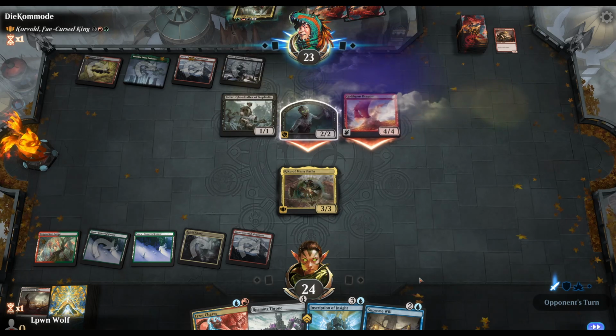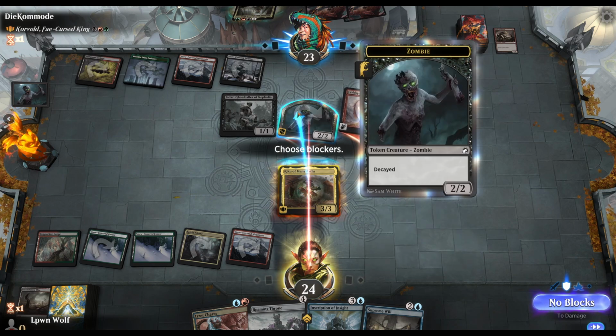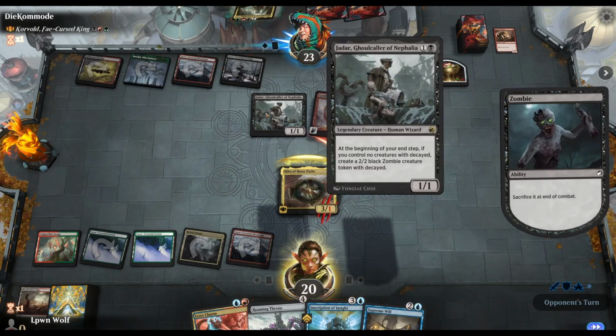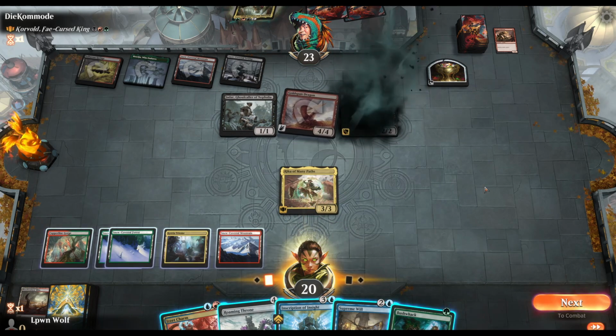But, as I said, we can bounce it back with the inscription. We'll see. Why did they attack that zombie? I guess, yeah, they get another one back. Yeah, that's fine. Makes sense. Annoyingly, when we target the Goldspan Dragon, we're going to be able to...